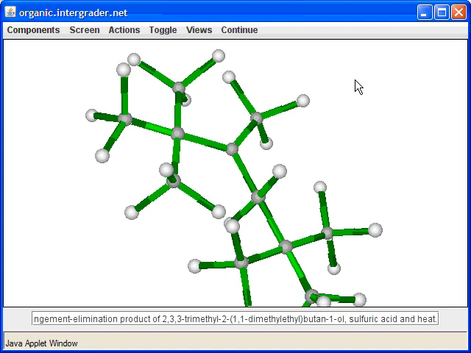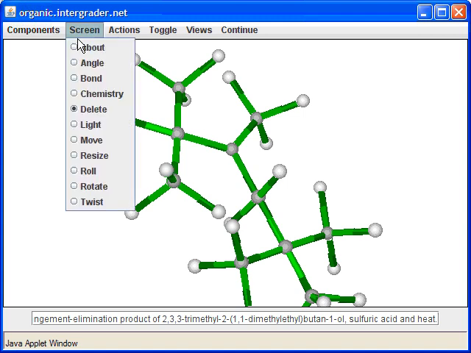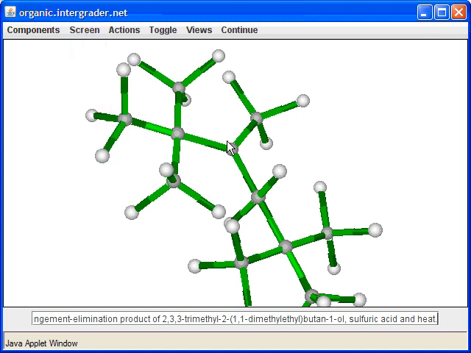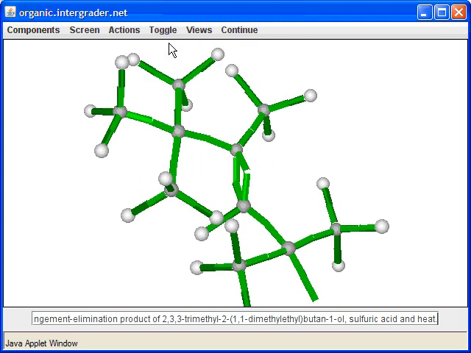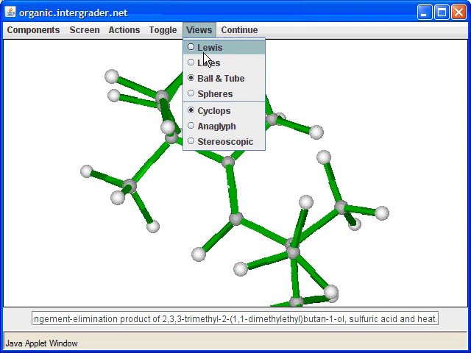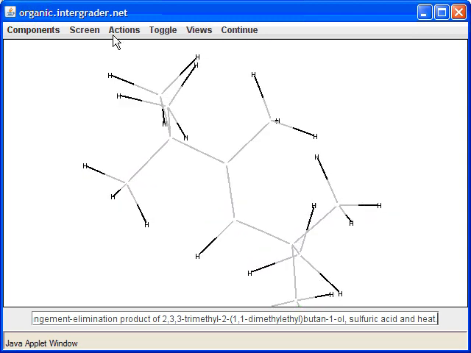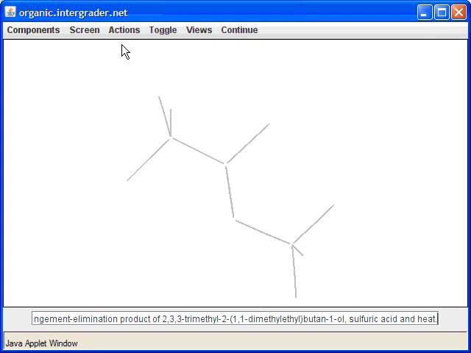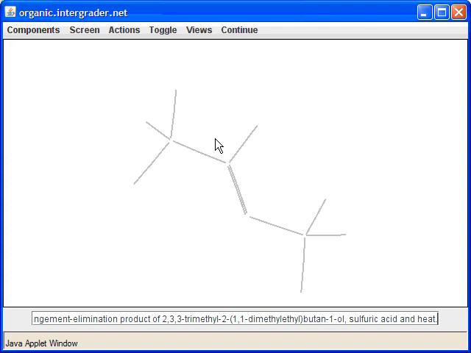I'll remove the oxygen because we don't need that anymore. And then we'll go ahead and do a Zaitsev elimination. In this case, this carbon has 3 hydrogens. All the other carbons don't really have any hydrogens to eliminate. So I'll shift these electrons over here, and I'll go ahead and delete, and I'll hit arrange. If this view is too confusing, you can also go to lines and toggle the hydrogens. And if you roll this around, you'll see where the double bond is.